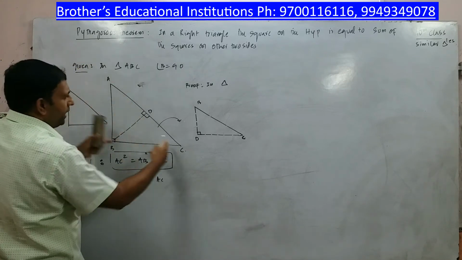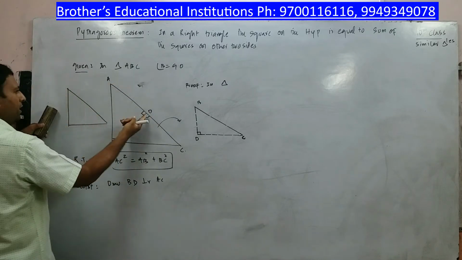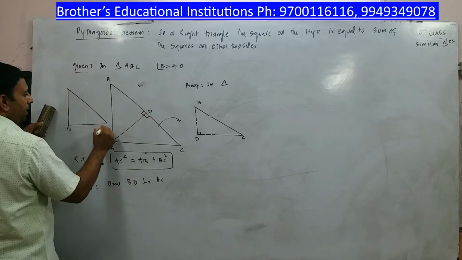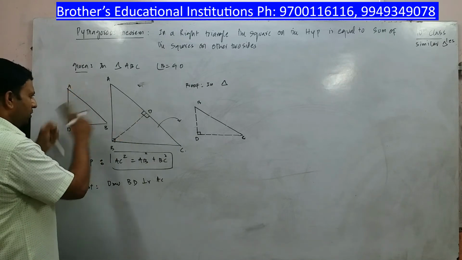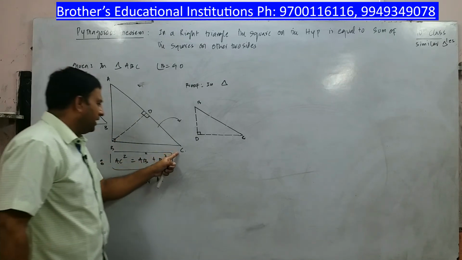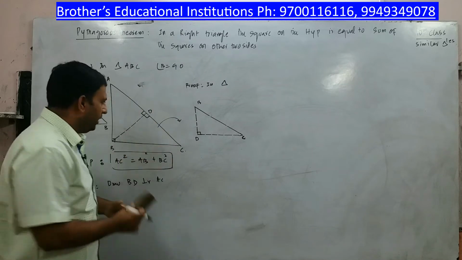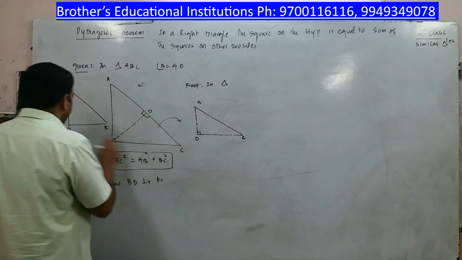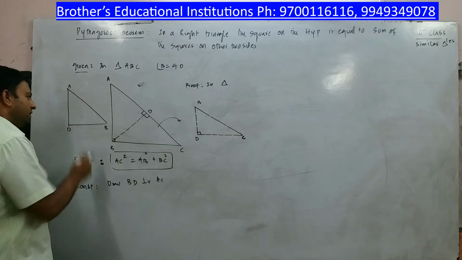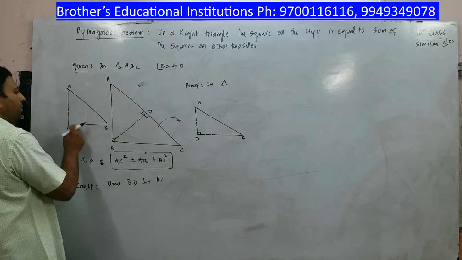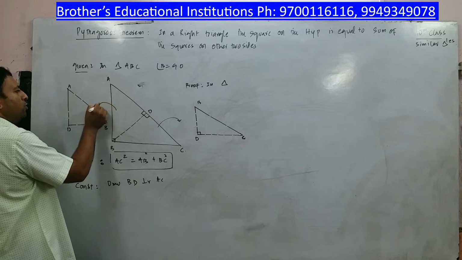It should look similar. So it is this way: D is coming here, B is coming here, A is coming here. I am keeping A fixed, rotating BD. I am keeping C fixed, rotating BD. Only BD you have to flip. Here it is DB, here also it is DB. C is fixed, here A is fixed. So this is all construction. I will put an arrow to make you understand.